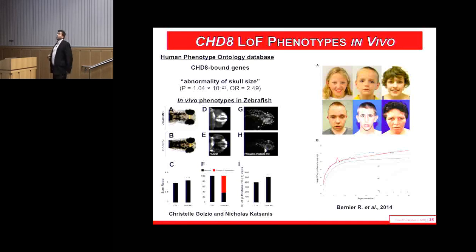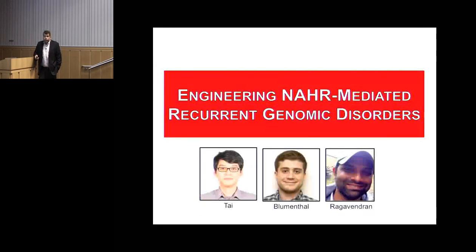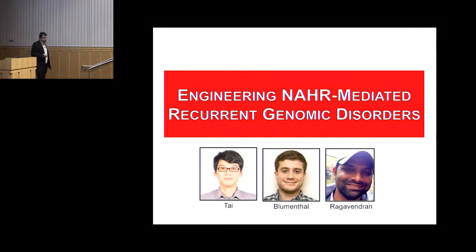from one strong effect. And that's exactly what we show here: the developmental timing, whether CHD8 is actively regulating a gene or indirectly regulating a gene, may be differentially influenced, and the pathways that are implicated may be differentially influenced in autism. Okay, so for the last 15 minutes, I will show you something totally new that we've been doing.